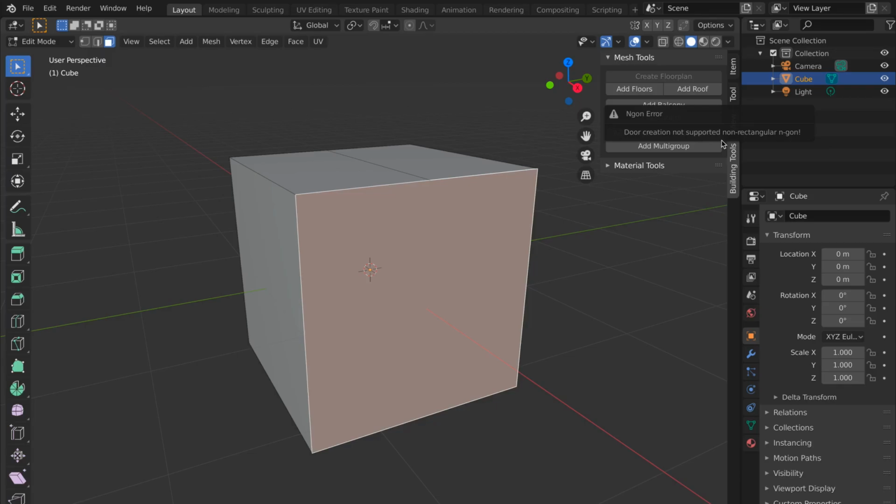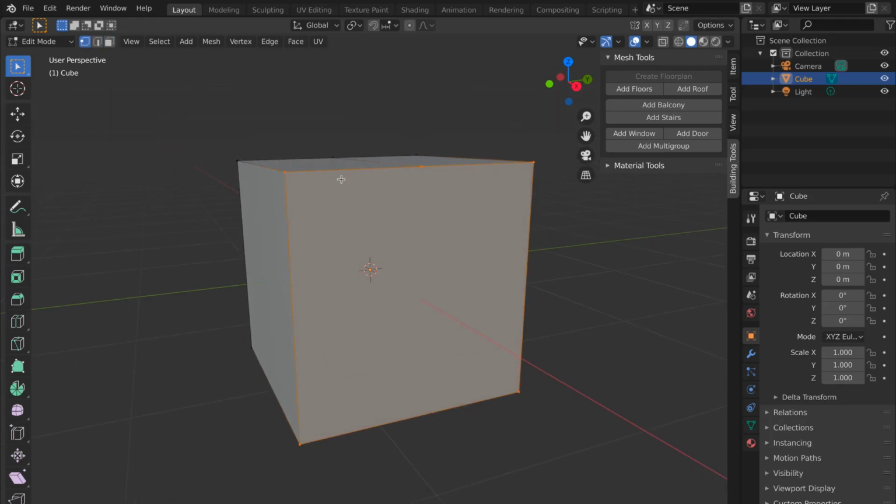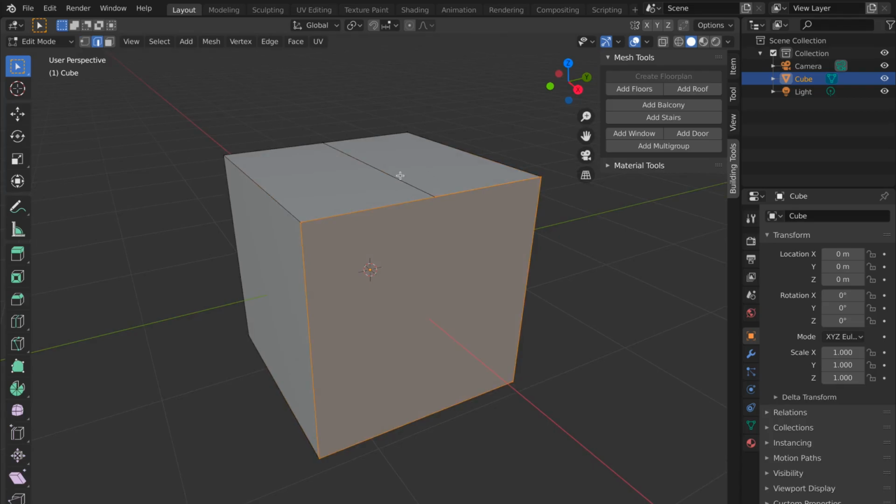The reason behind it is it has a fifth vertex on the top edge. So technically it is not a rectangle. You can easily solve this issue by dissolving the top edge. Now you see this face is completely compatible with Building Tools.